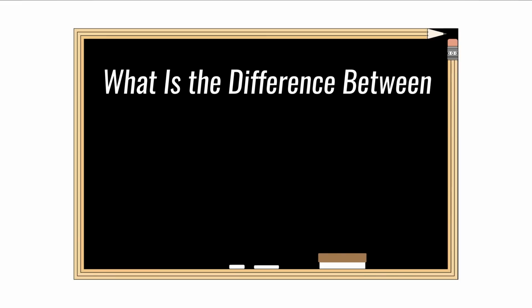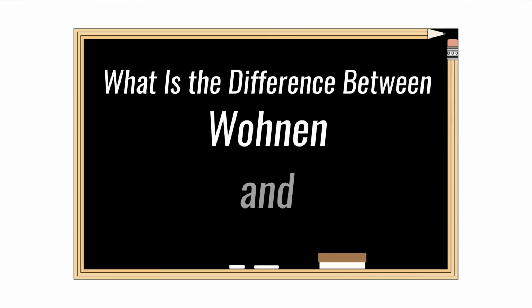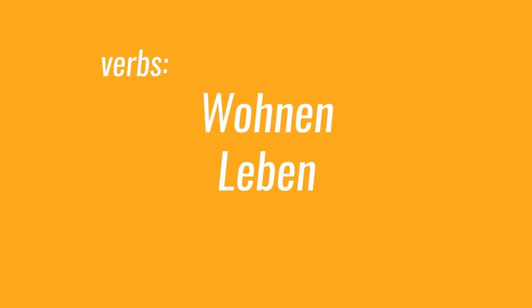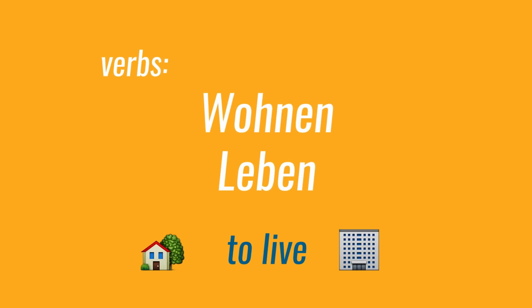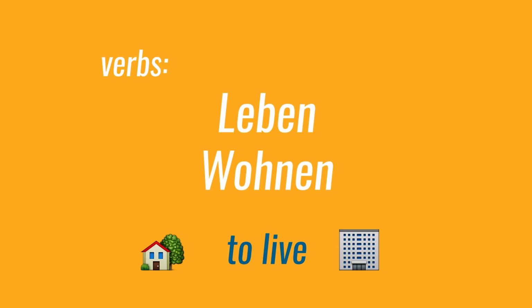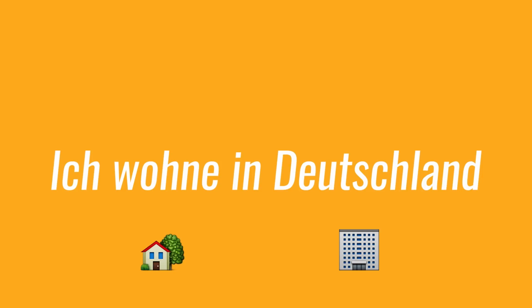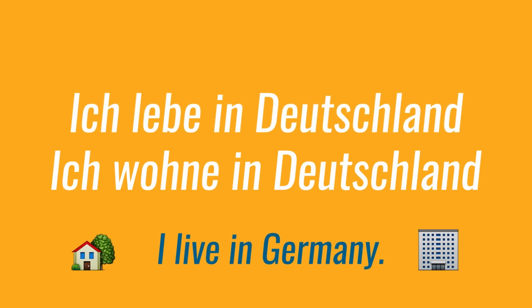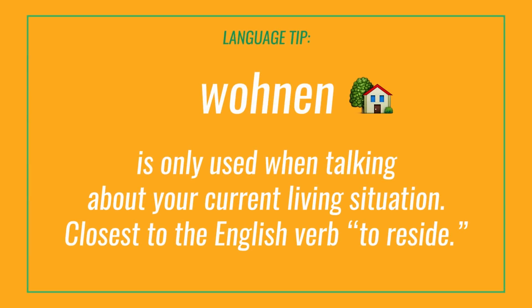The question for this lesson is, what is the difference between wohnen and leben? Wohnen and leben can both be translated as to live and are often used interchangeably in German. For example, you could say, ich wohne in Deutschland or ich lebe in Deutschland, and both would mean I live in Germany. However, wohnen is only used when talking about your current living situation and might be closest to the